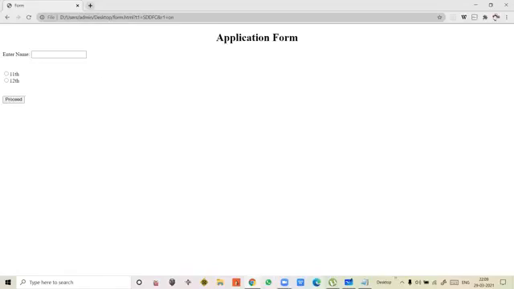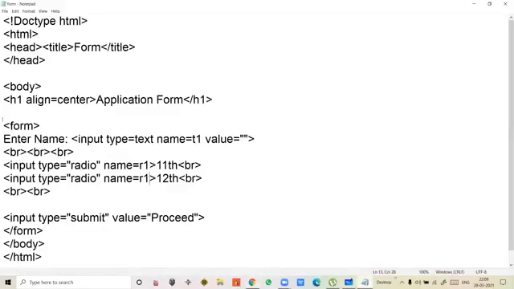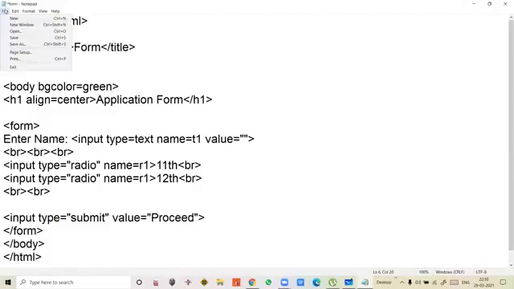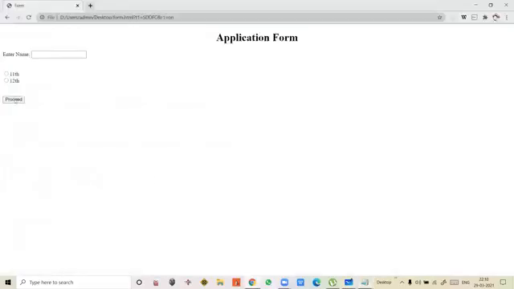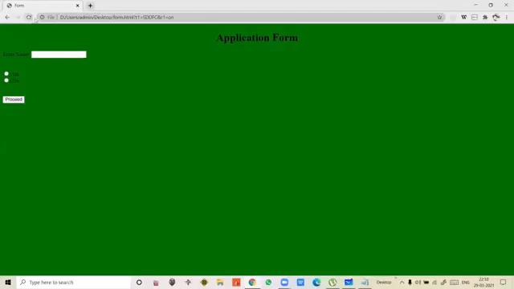Now, few more changes we'll just see. Instead of having it blank, you just give the body color, BG color. Make sure, students, you are using small letters only, because most of the languages are case sensitive and they are having small letters. So make a habit. Okay, BG color. If I write green, we just see what is going to happen. See, and this again. Now it is looking a little bit better.